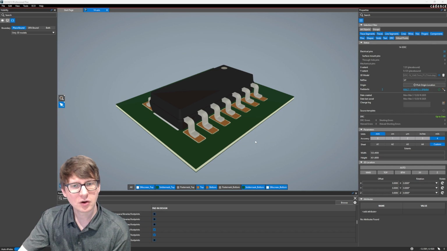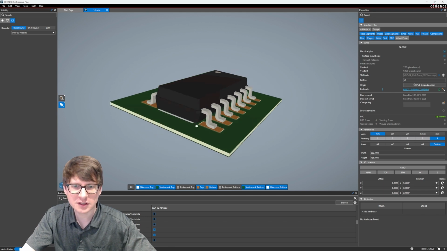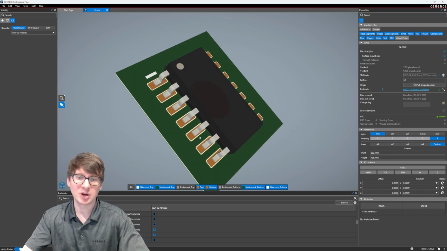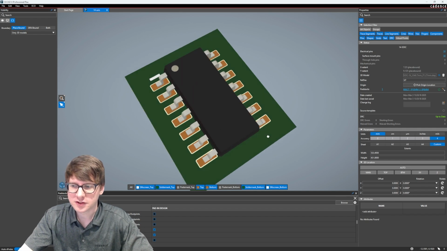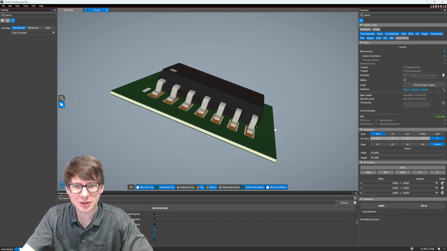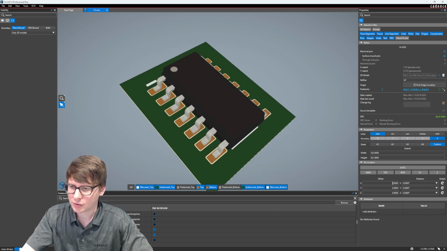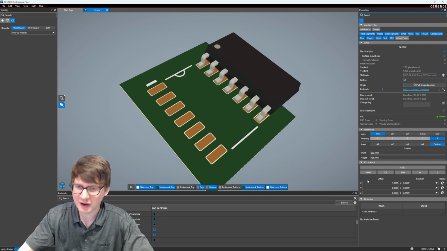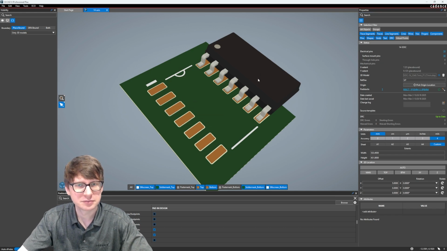And OrCAD X Presto is actually really smart at identifying how the model should be placed on your footprint. It does some really neat tricks to identify, for example, things that might be pins, things that might be your package body. But if for some reason it's not correctly placed on your footprint, what you can do is use these offsets here to, for example, offset the X direction by, let's say 5 millimeters, and that will move it in the X direction by 5 millimeters. You can rotate in each direction,